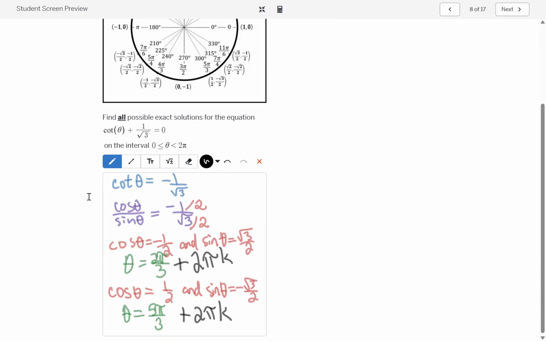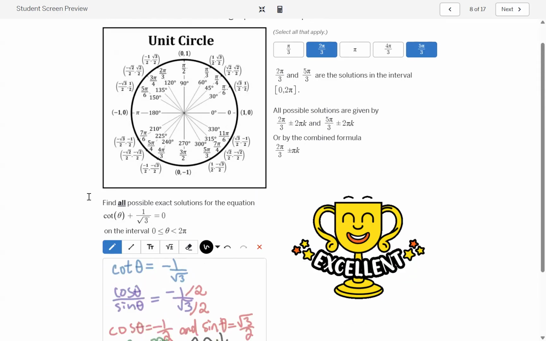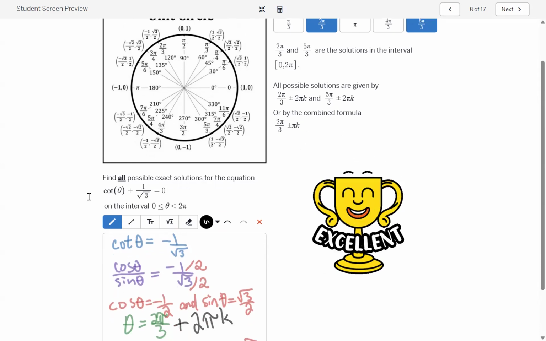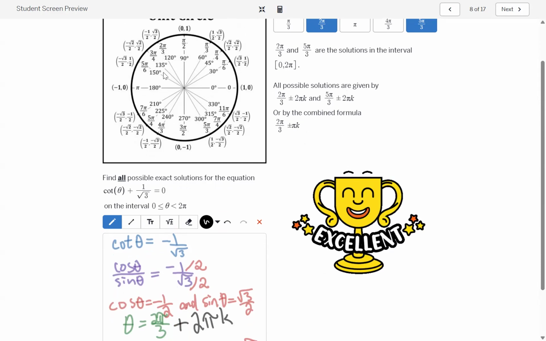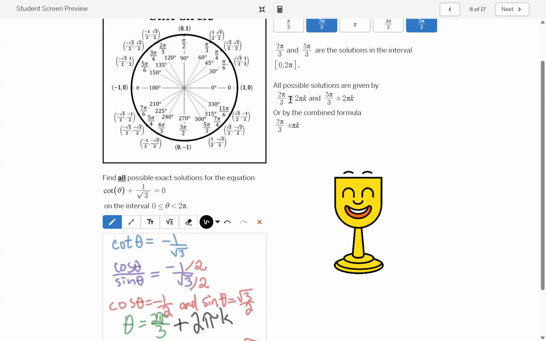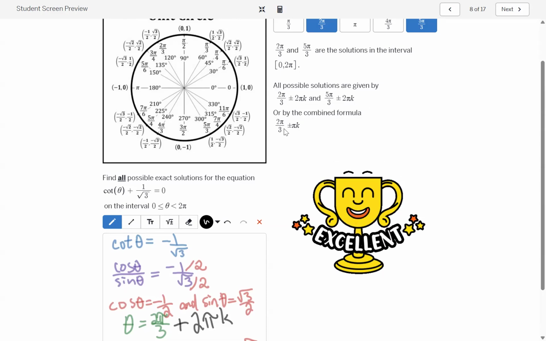Yes, so 2 pi over 3 and 5 pi over 3. Now, if you look on the unit circle, those two angles are actually collinear. They are pi radians apart. So instead of writing the 2 pi k on each of them, we can actually write it as a singular formula, but